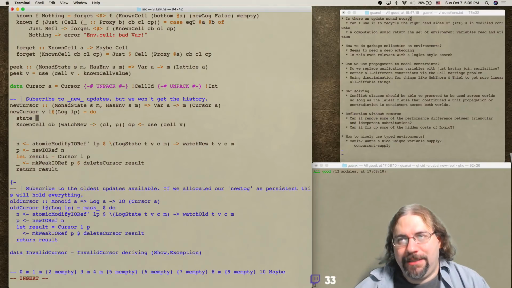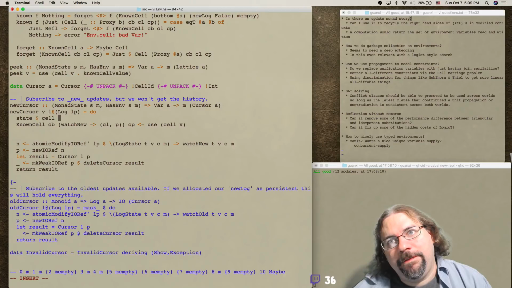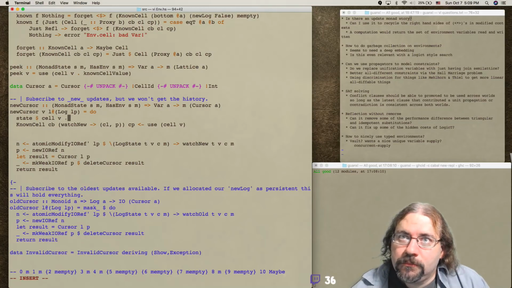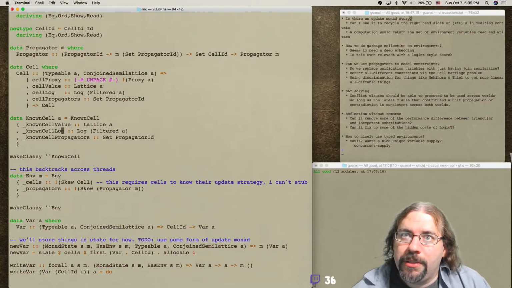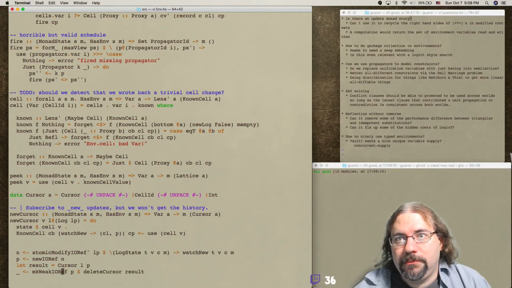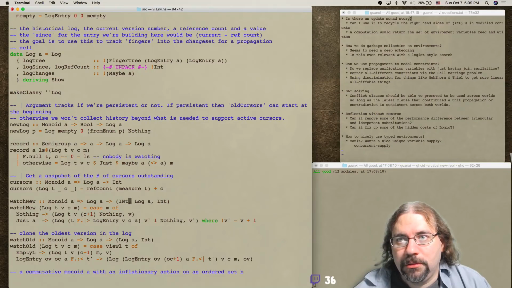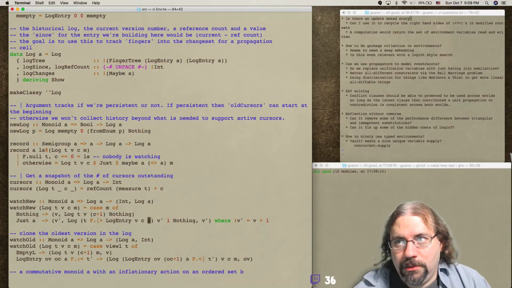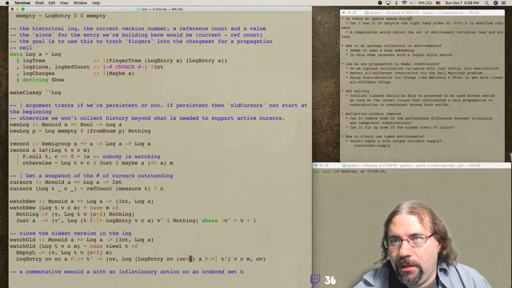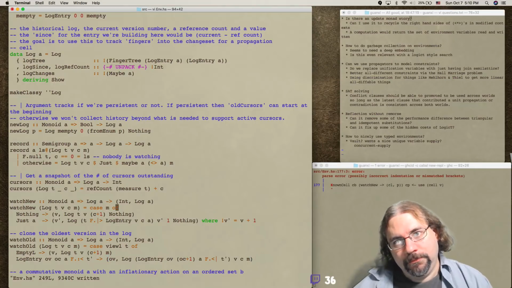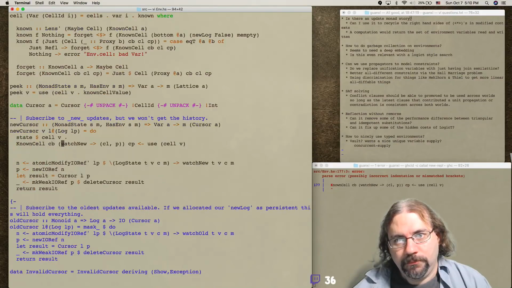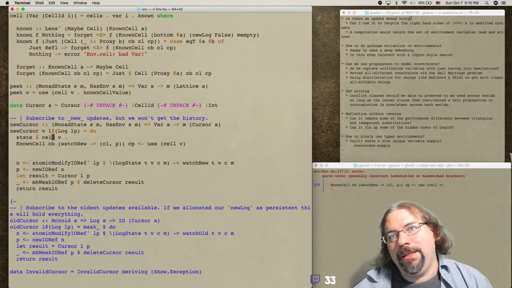Can I do something clever here, like state? Hey, given cell V, and your log. What are your known cell log or something like that? I want to swap the order of those ints, and the result. Because now it's a valid action to pass to a lens. So I can choose the choice of functor to be int comma. So now what I want to do is like in state, in cell V,